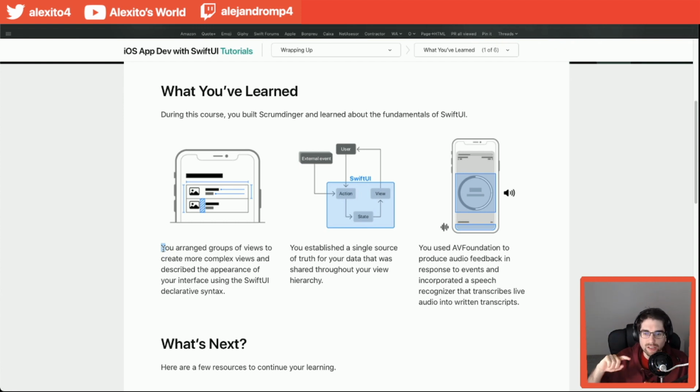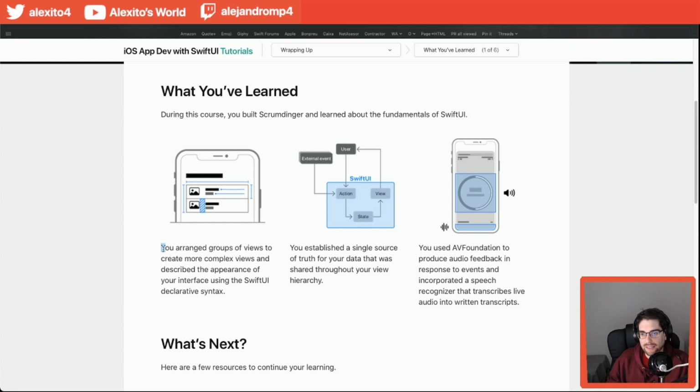We have used all the kinds of stacks, which is the main thing that you want to use. We even use lists and scroll views. So we covered all the basics in terms of UI, and not even that, but we also use shapes and all that stuff. So this tutorial is very complete in that sense.